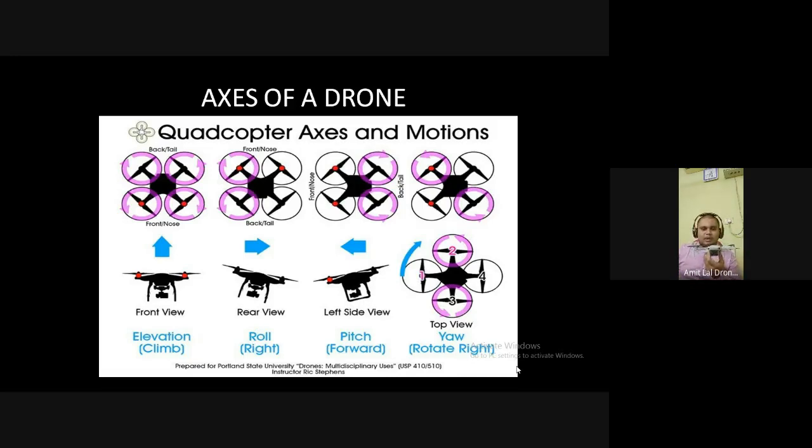Talking about the yaw, this is called a yaw. There are three axes of a drone. The one from the nose to the tail is called the longitudinal axis. The one from, let's say, this side to this side, passing through the center of gravity, is called the lateral axis. And the one going top to bottom from the center of gravity is called the vertical axis.